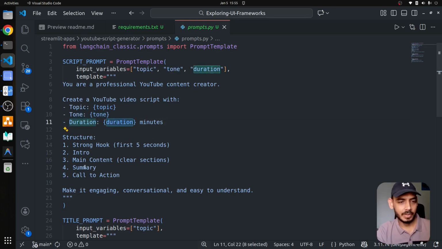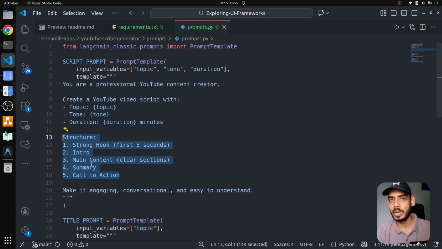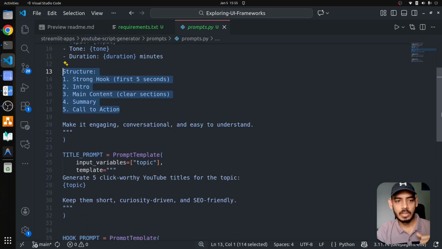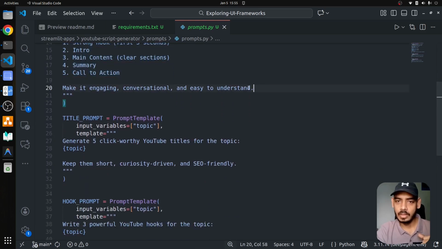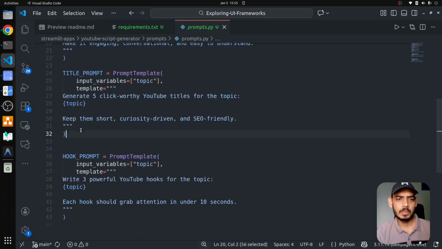Then we have our structure, which is the strong hook first, then introduction, then comes main content, summary and call to action for the user who is watching the video. And we're also telling the LLM that the script should be engaging, conversational and easy to understand. Then comes our prompt